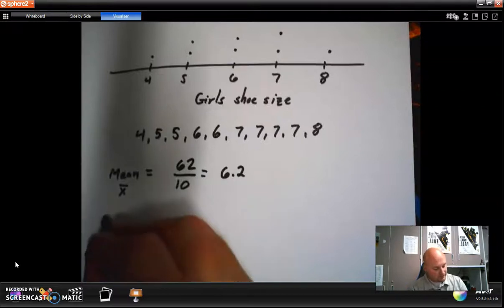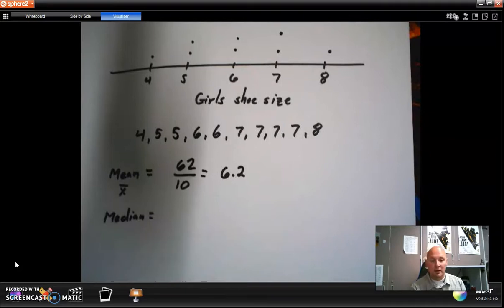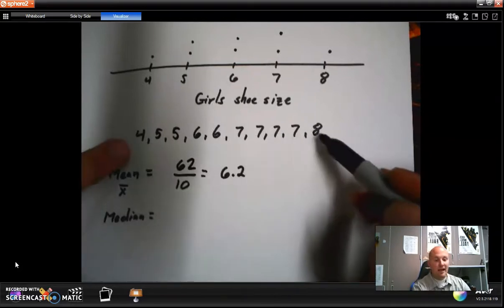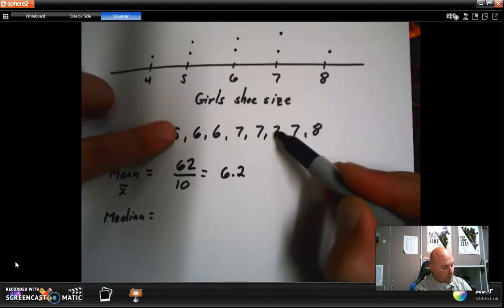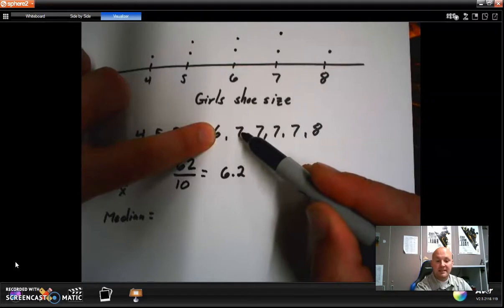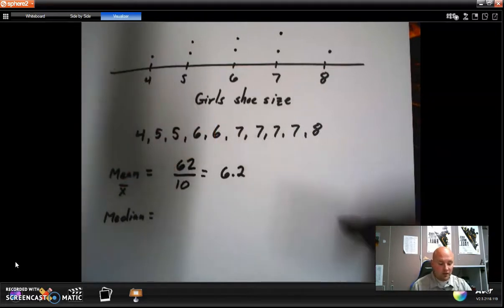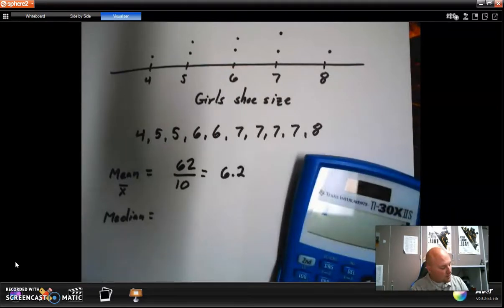The median. Median stands for the middle. So I start going down the line to find the middle. I go from 8 to 4, go in 1, go in 1, go in 1, go in 1, and it lies between 6 and 7. So what you do is you take 6, add it to 7, and divide it by 2. You find the average between them. 6 plus 7 equals this, divided by 2, which is,